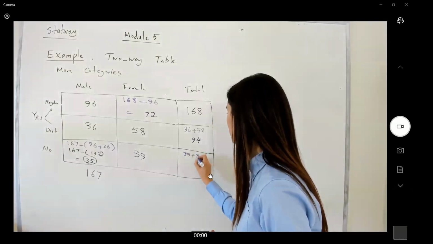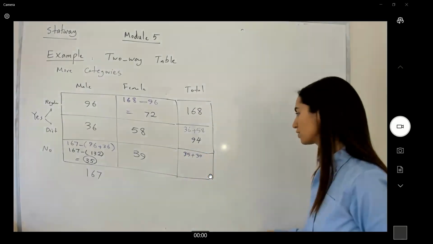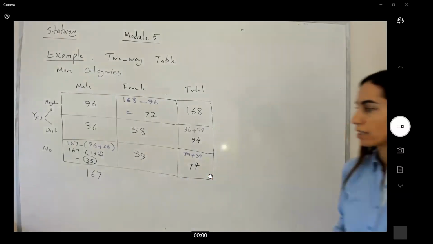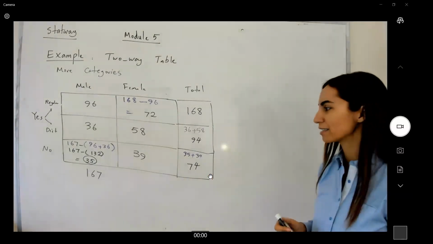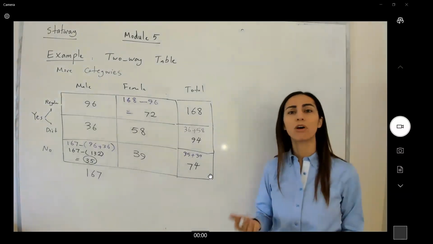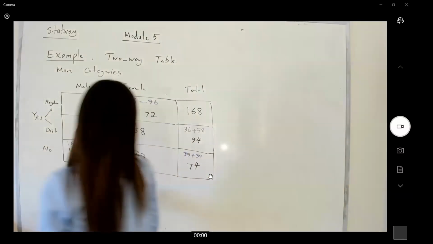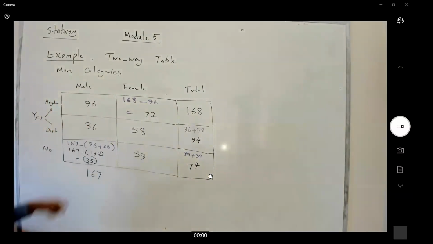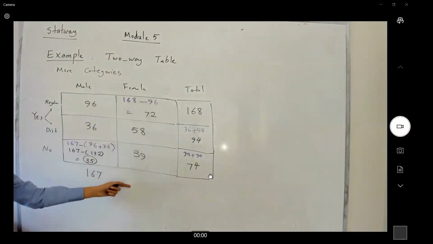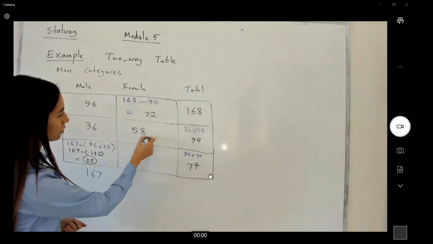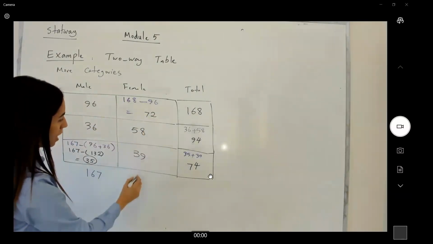35 plus 39 gives you 74. So the question is asking, what is the total number of people who participated in the survey? Well, we know the number of males who participated in the survey. We can find the total number of females who participated in the survey. If you add these together, the sum of these two is 130 and